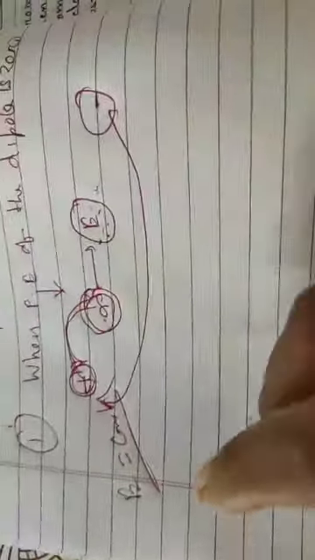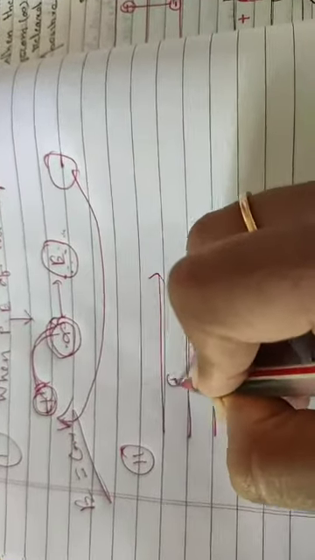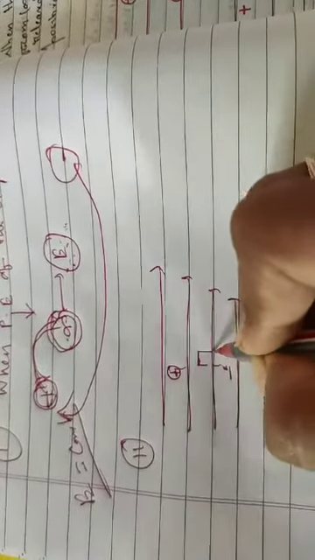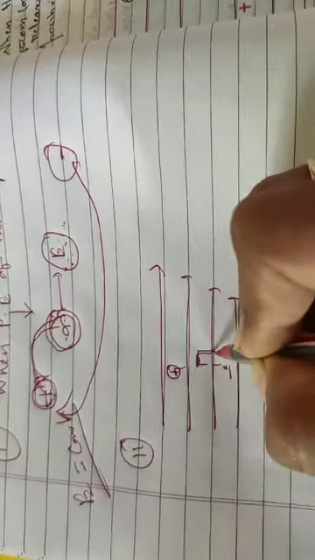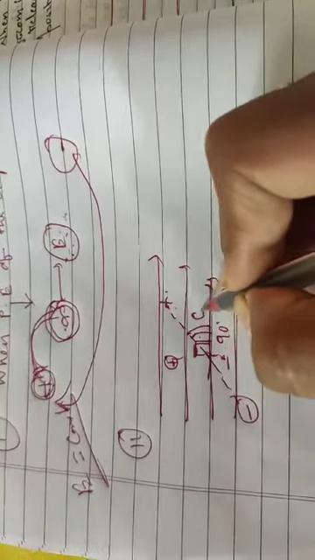Clear? Now the second point, students: again you take an electric field like this. This is the initial positive charge. This is the negative charge. Join it like this. So this is the angle they are making with the electric field. Suppose this is 90. Clear? Now again you have applied the electric field, meaning a force is applied by the electric field. So what happened? My dipole turns like this. This is positive and this is negative. So again it makes a second angle like this, which is taken as theta.